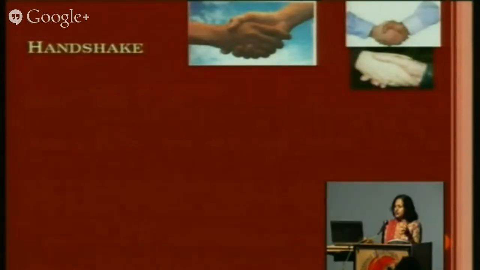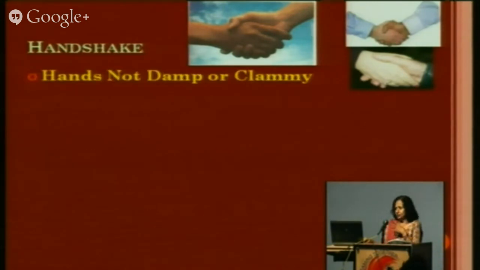अब लास्ट आ गया है, मैं जान के टाइम के बाद लाई हूँ हैंडशेक को, क्योंकि हैंडशेक ऐसा क्लासरूम में नहीं आएगा, but with your colleagues and with the persons visiting your institution, you may have the handshake. So this should be